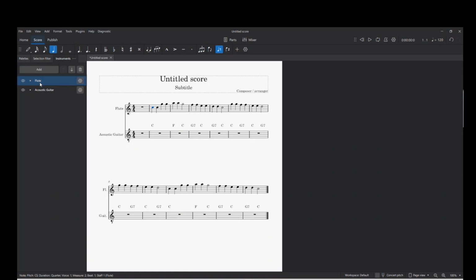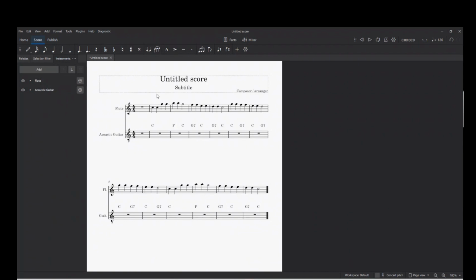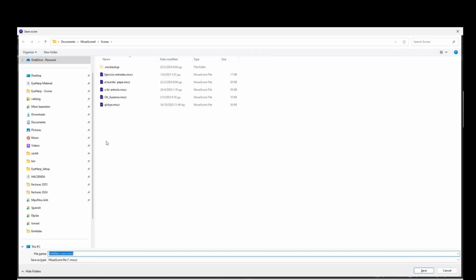So here, the instrument that shows up on top is what the Eyeharp will take and assign to the user melody. So if you download a score and the melody you want is in a different position, you can change the position with these arrows here, up and down. So we have the flute on top, which is what the user will play, and the acoustic guitar. Okay, now we can save this